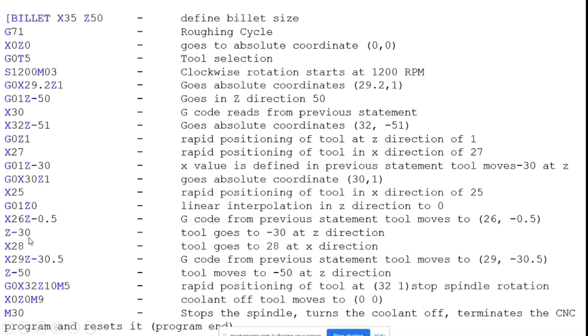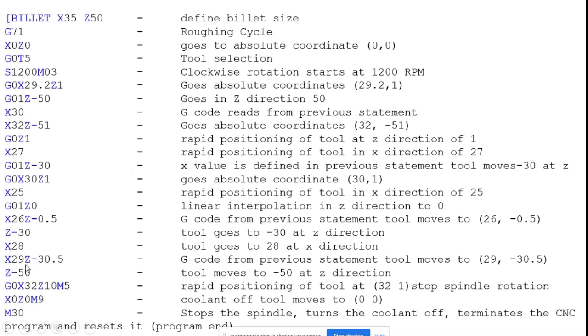Then I give Z minus 30, which means the tool goes to minus 30 in the Z direction, and X28, so the tool goes to 28 in the X direction. Likewise, I can give the XYZ coordinates with the same linear interpolation G code. So the machine control system understands it uses the same G code for the next sequence also.